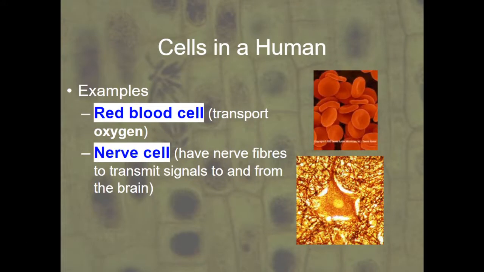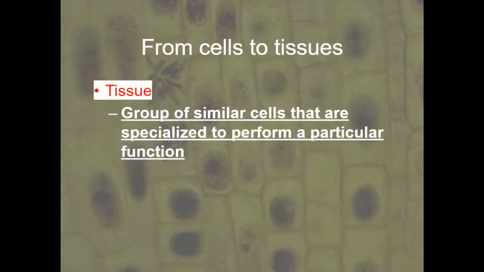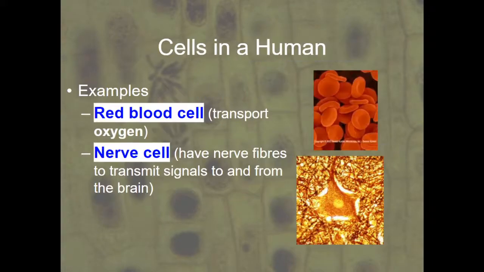So we've got cells in a human. We've got red blood cells and nerve cells. So cells would be the most simple level. This should be in red right here, I should change that. But examples of this in a human would be a red blood cell or a